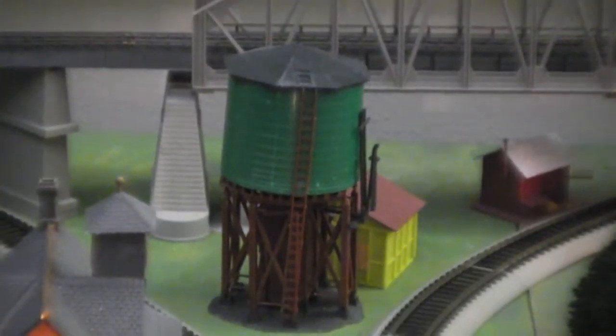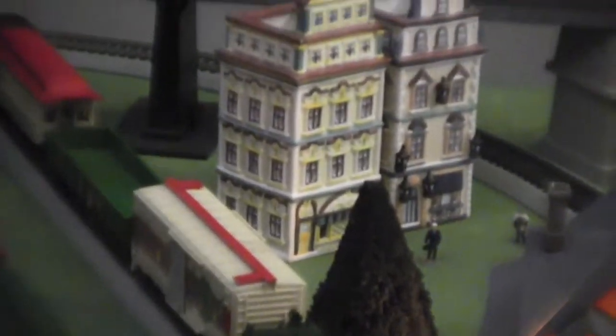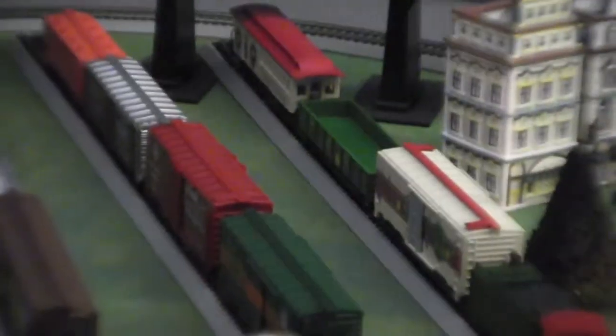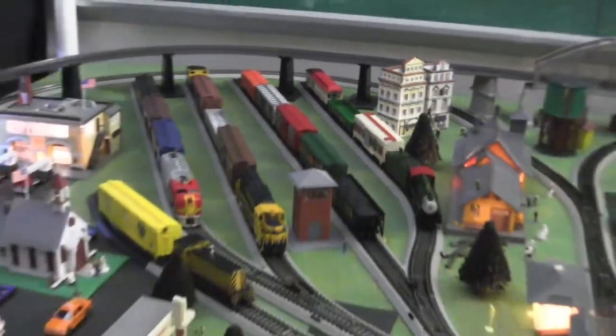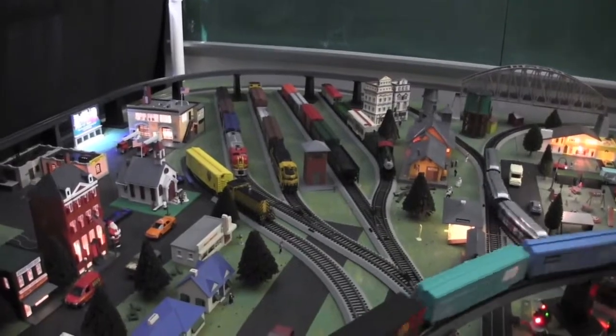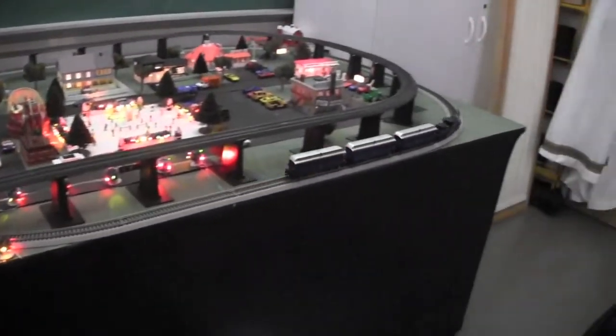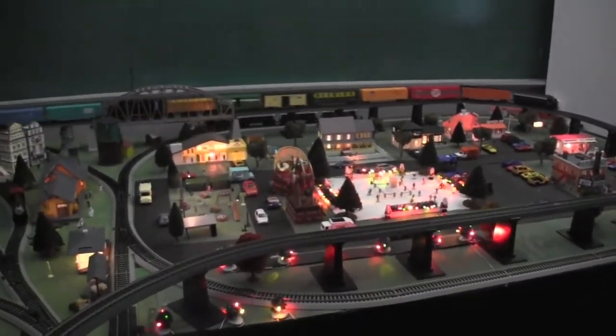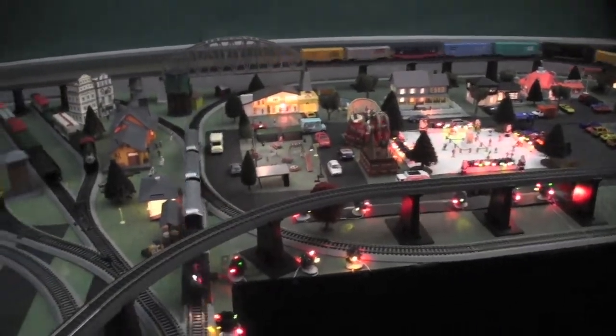There's a little water tank right there for the coal run engines. Kind of a neat little setup. And there's nice little home hotels for the people again. And there's the train. There's the Christmas train. It's really neat. Really neat. There goes that little Baltimore train. And we'll get it back to the original